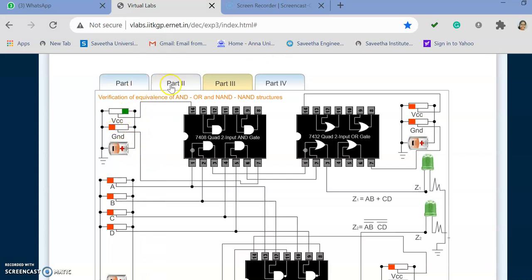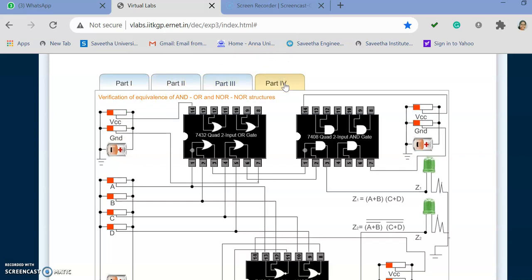So parts 1 and 2 are important for us. We need not do part 3 and part 4 for this particular experiment, but if you want to try, you can try all of these. Same way for every experiment, you can try part 1 and part 2, and part 3 is for some experiments. Part 3 will be like picking and placing the ICs and drawing the lines. You can try drawing all these lines by yourself using the pick and place option, and then you can verify the